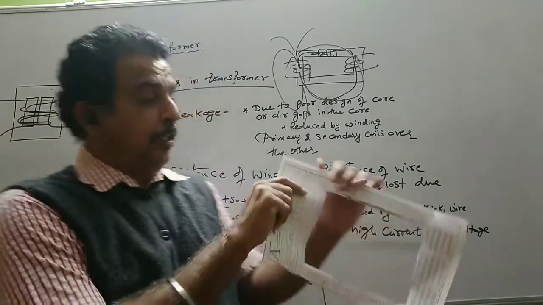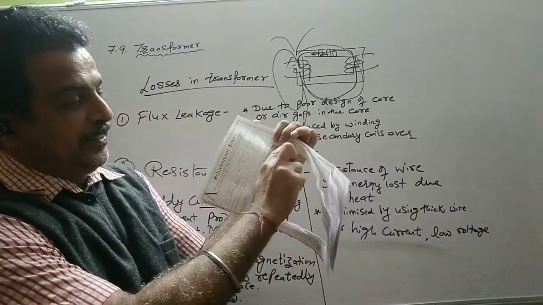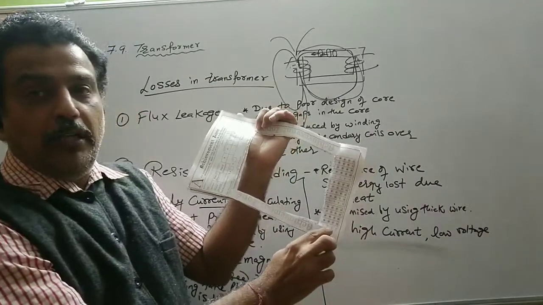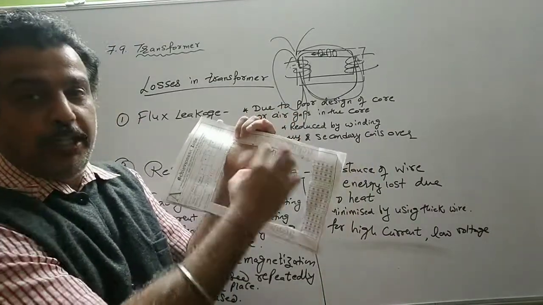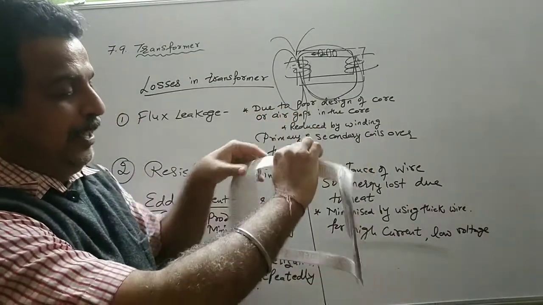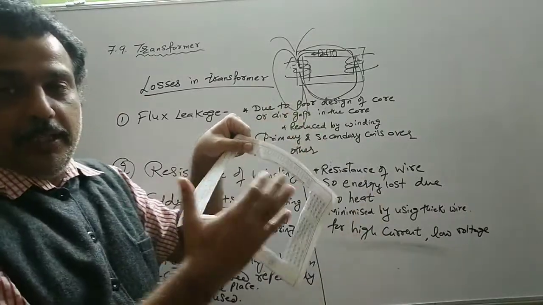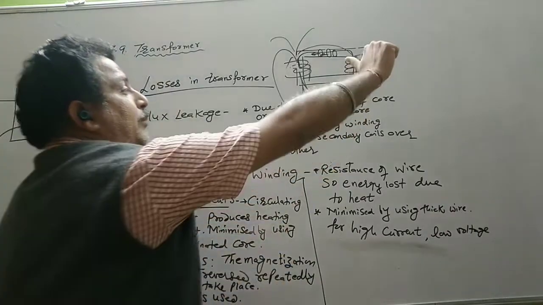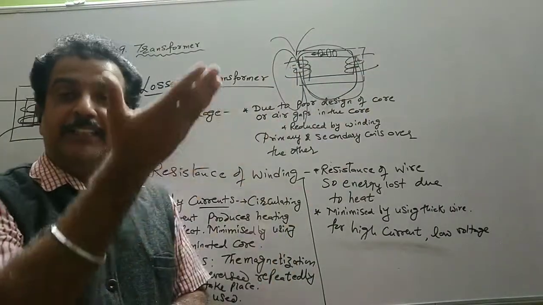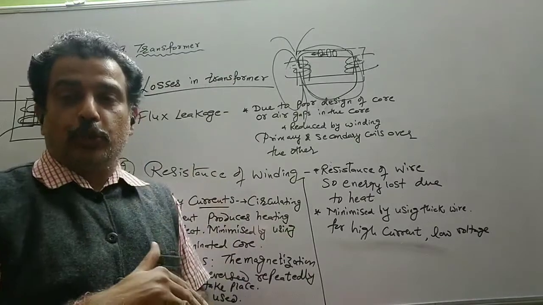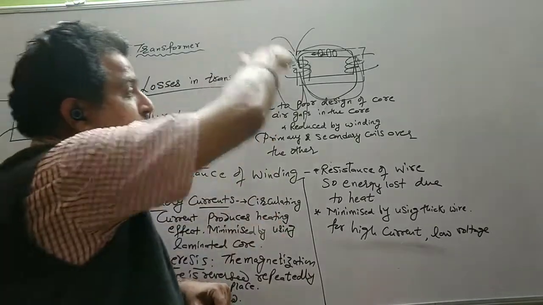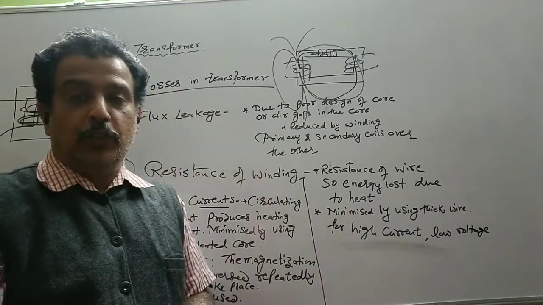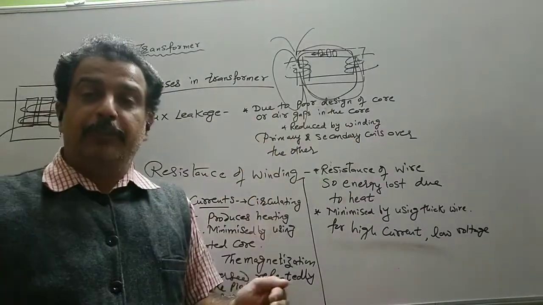So as a result, when the primary coil magnetic flux tries to link to the secondary coil, this eddy current, which is circulatory in nature, will be like this. They all will add up and it will oppose our magnetic flux. When our magnetic flux is increasing, it opposes the growth, that is Lenz's law. And when our magnetic flux is decreasing, it will again oppose. So it will oppose the growth and the decay of the magnetic field.